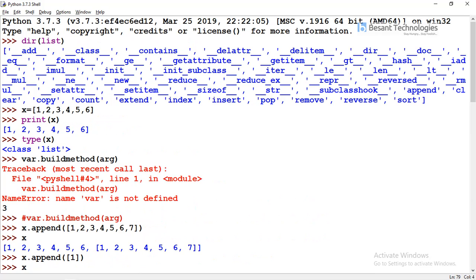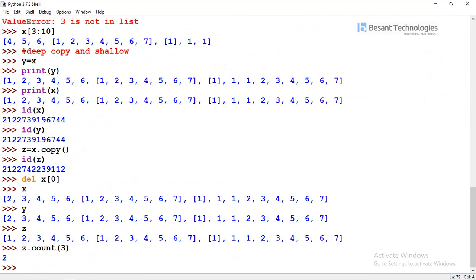So let's go ahead with the next thing, insert. Append and extend are used to add elements at the end of the list. Insert is used to insert at any index in between.